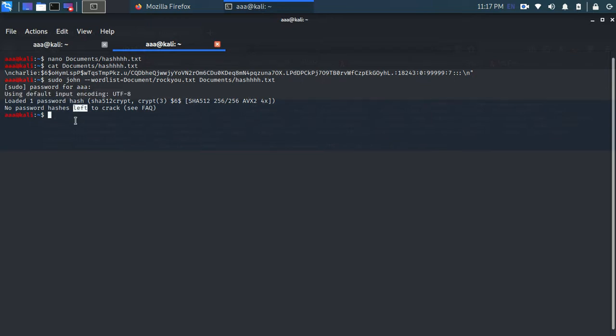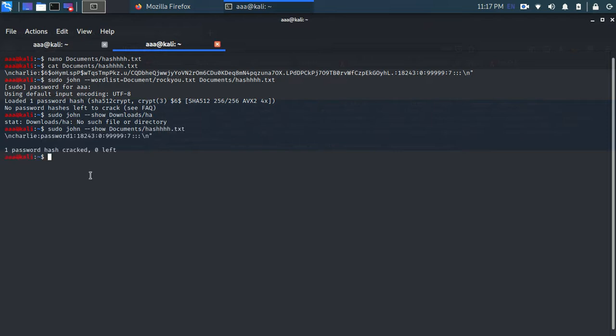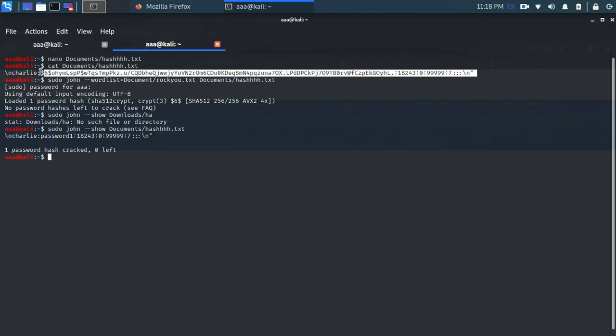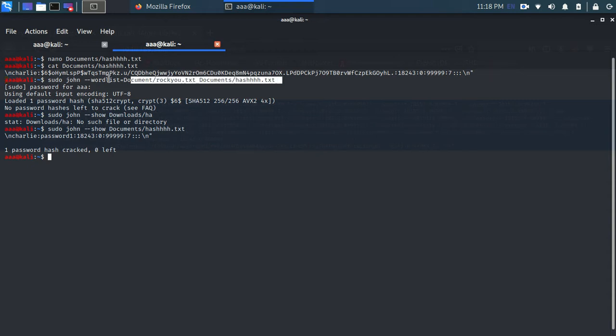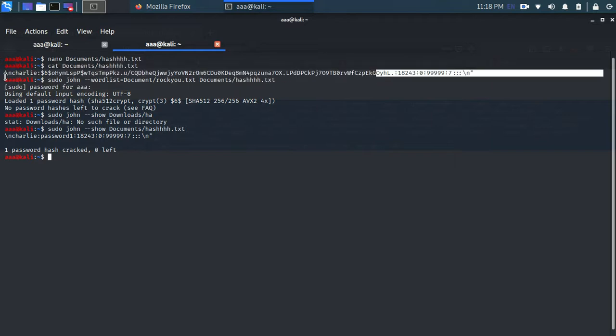I can see it by typing --show and the name of the file, so the location is documents/hash. Yeah, it cracked this line. You just need to paste the hash in the hash file, as I have done, and the cracked answer is password1.